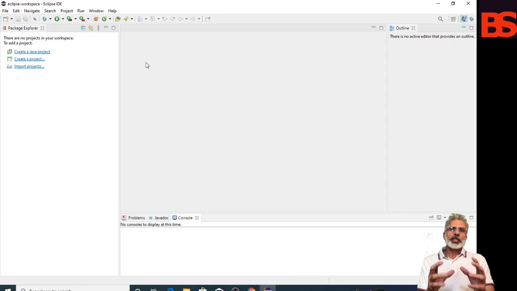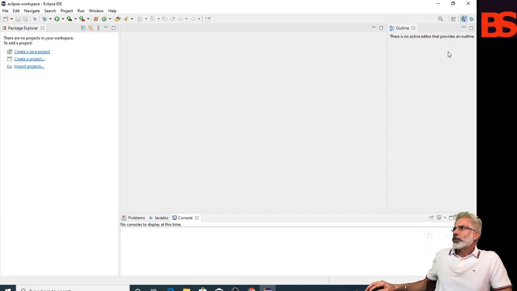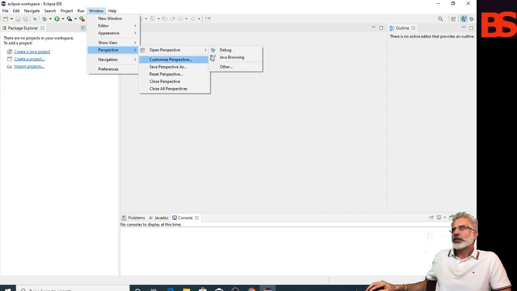Actually this is called a perspective, and an Eclipse perspective is the name given to an initial collection and arrangement of views and an editor area. By default the Java perspective is active, and you can open more perspectives. You can use this button on the toolbar, otherwise you can go to Window, Perspective, and Open.